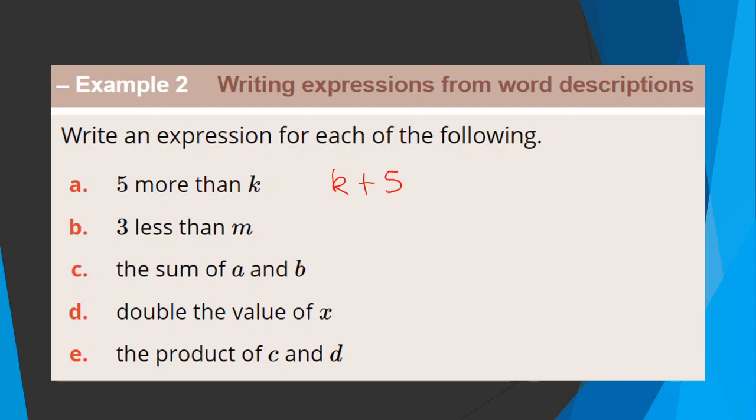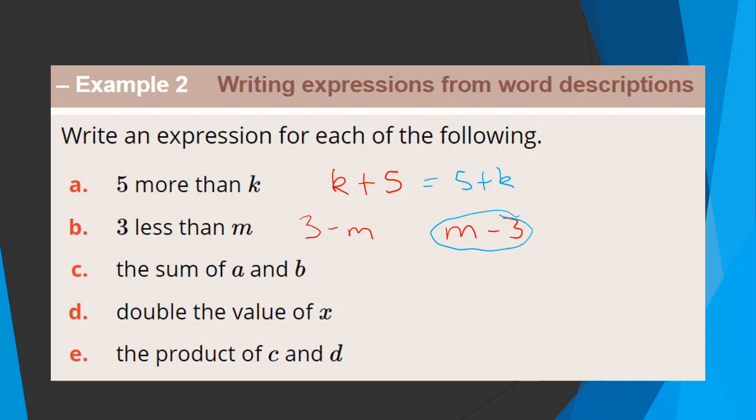If I have 3 less than m, we know that we're going to do minus, subtraction, but is it 3 minus m or m minus 3? These actually make a difference. The reason why we didn't talk about this before was because 5 plus k or k plus 5 is pretty much the same thing. But here 3 minus m and m minus 3 are two different expressions. So if I have 3 less than m, it means I'm taking away 3 from m,